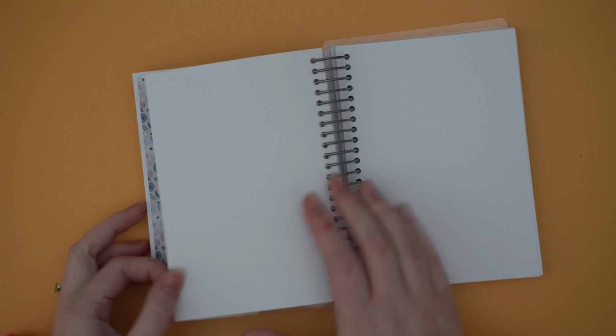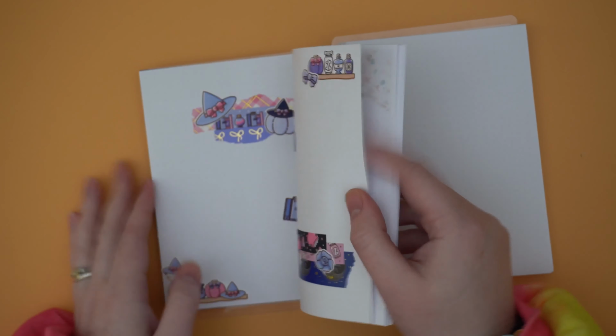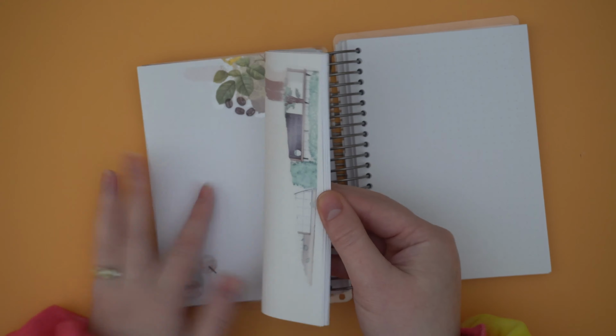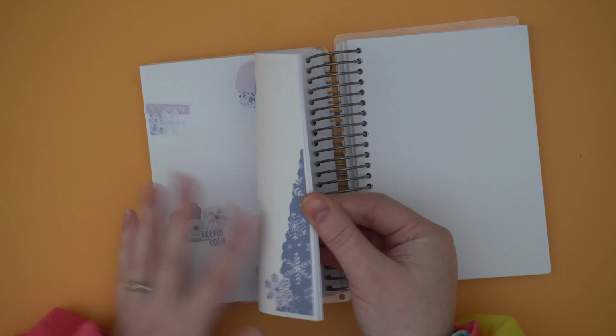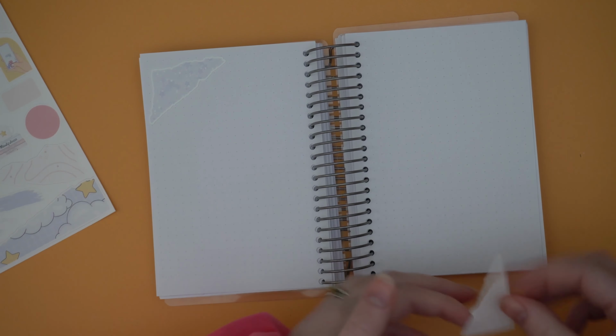Cool. So how many pages is that? So we've got 1, 2, 3, 4, 5, 6, 7, 8, 9, 10, 11, 12, 13, 14, 15. So I reckon we're just going to do this kit and then one planner face kit, which is the mystery from